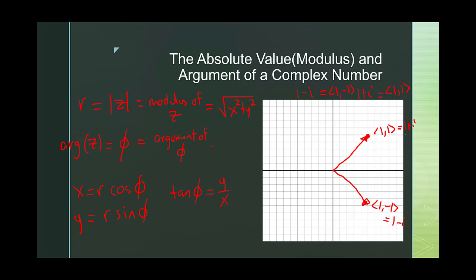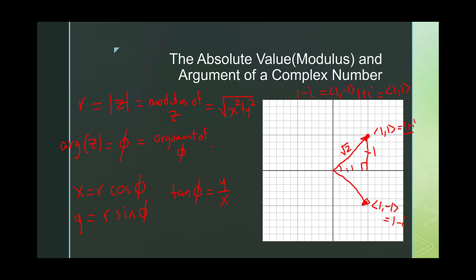So let's focus on 1 plus i for a second. If we want to figure out its modulus and its argument, or an argument I should say, let's complete the right triangle. So we have this leg is 1, this leg will be 1. Then by the Pythagorean theorem, this will be the square root of 2. And notice we have an isosceles triangle here. So what angle do we have to have here then?